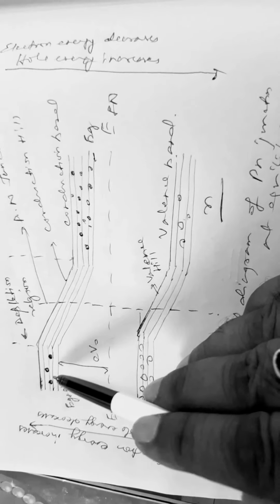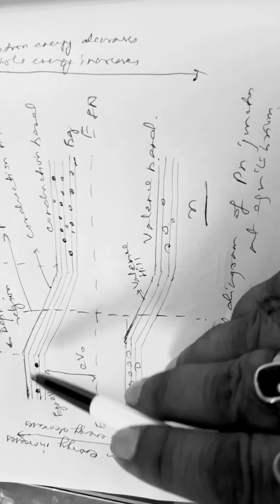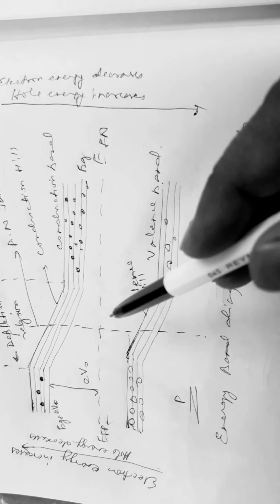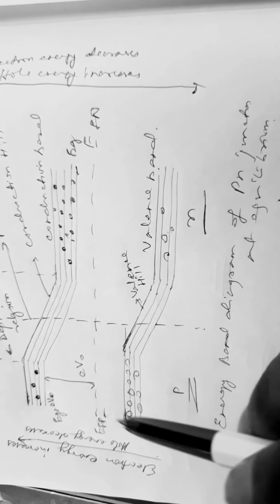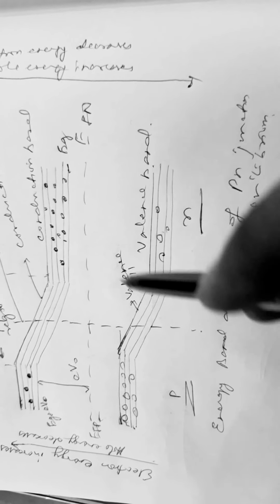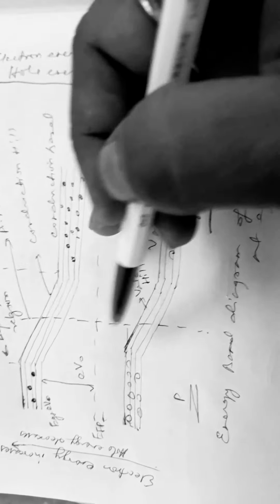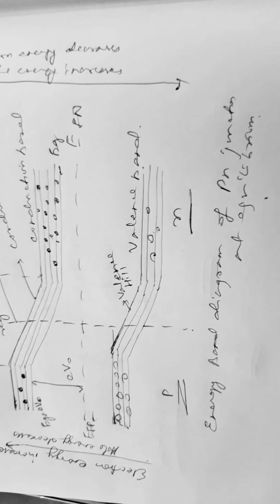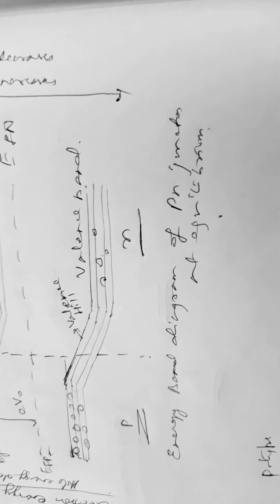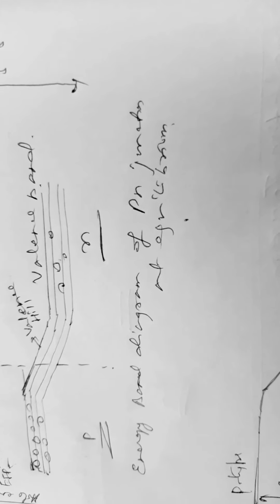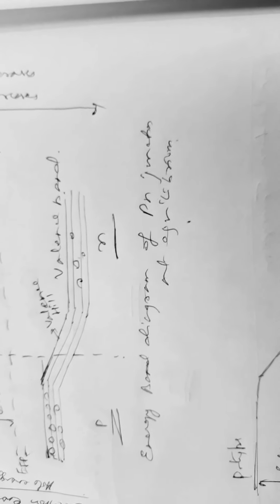You can see these are the minority carriers. This will act as a barrier. So the potential barrier further halts the movement of electrons from n side to p side, and that of holes from p side to n side. As a result, a narrow depletion region devoid of mobile charges forms. So the mutual displacement of energy levels on both sides of the junction causes a bending of energy bands around the junction region.